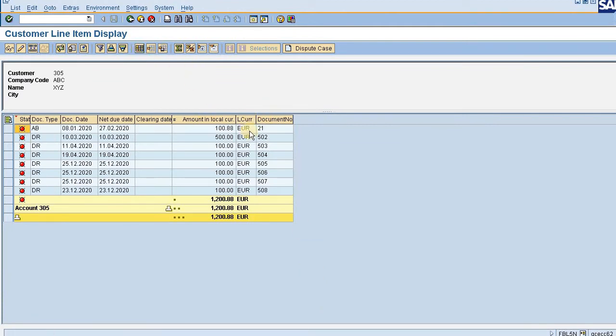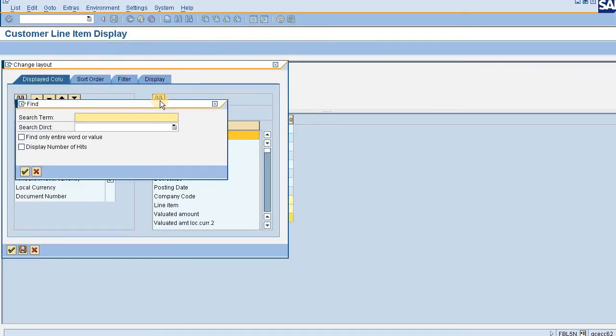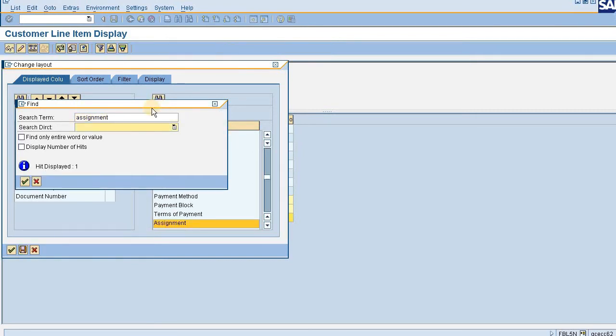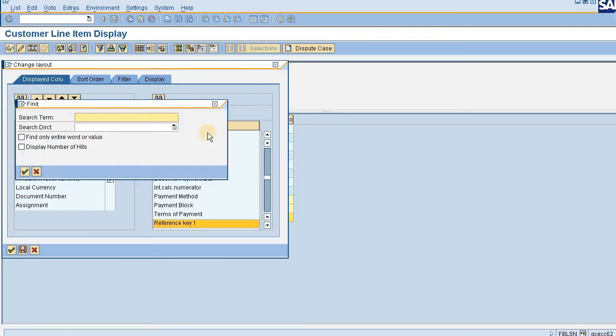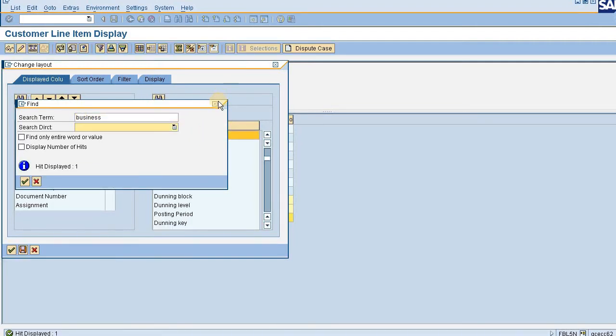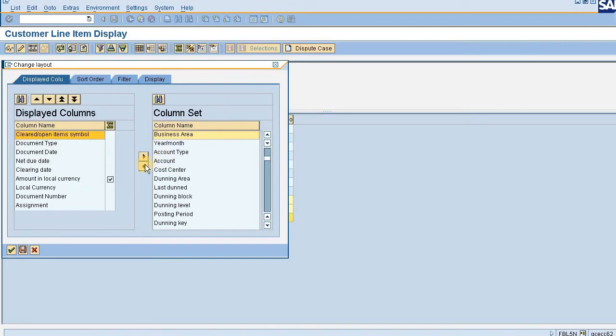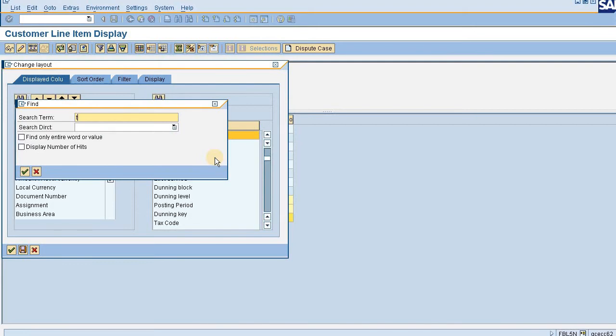Here I am pulling up all these three criteria against the FBL5N report. I am pulling up assignment, business area, and the trading partner.